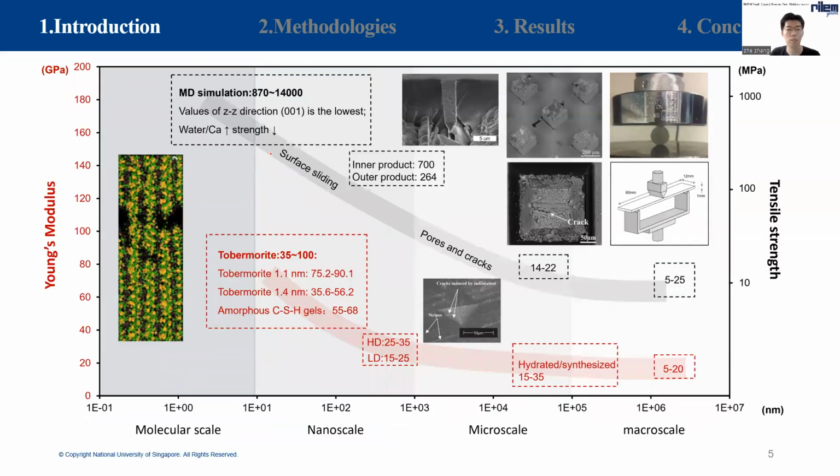The hierarchical structure results in large discrepancy of strengths in different length scales. From this graph, we can see that the multiscale mechanical properties of CSH exhibit significant size effect. It refers to the phenomenon where the strength of a material decreases as the size of the specimen increases. It arises due to various factors, including the presence of defects, stress concentrations, and limited statistical representation